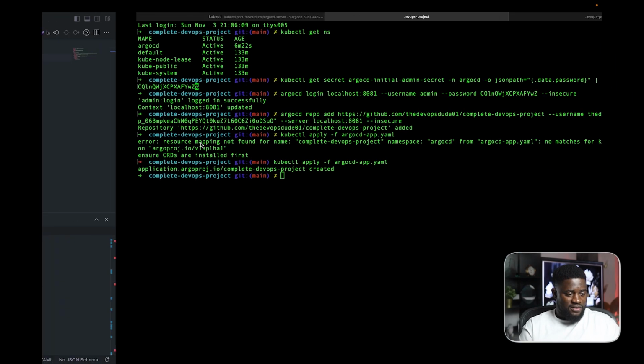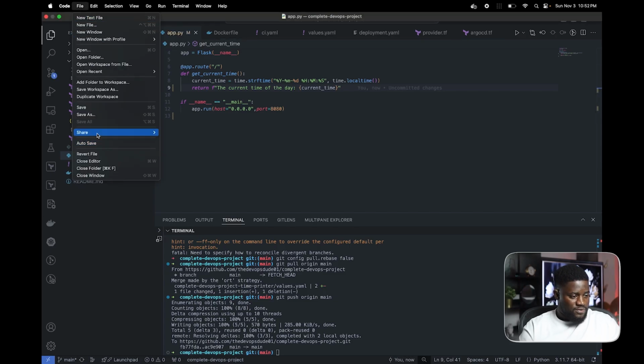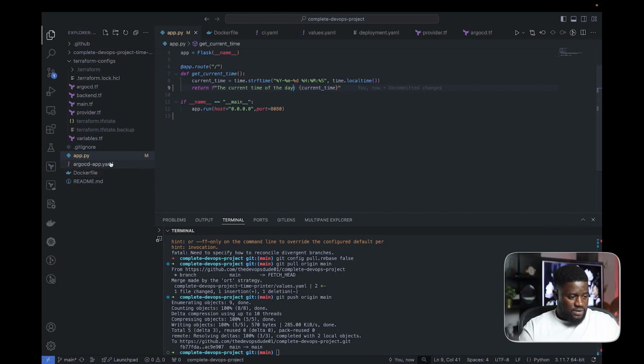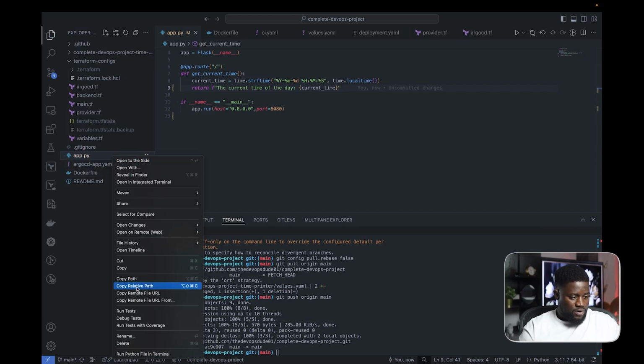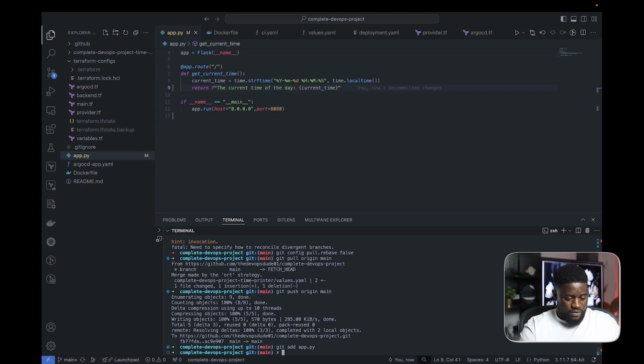And to do that, let's head back to VS Code, app.py, and we can say the current time of the day, and that change is good enough. So let's save that and push that up to GitHub. So auto save. Let's get the path to this file. So copy relative path. So git add the file, git commit message, and let's say updating Python app,